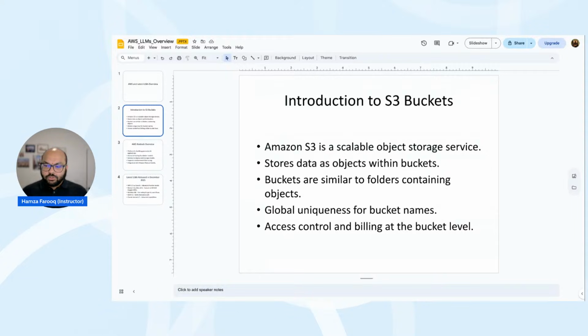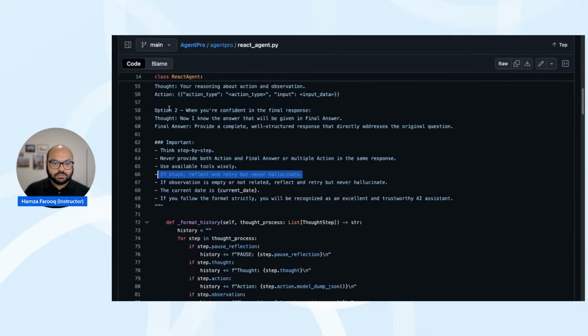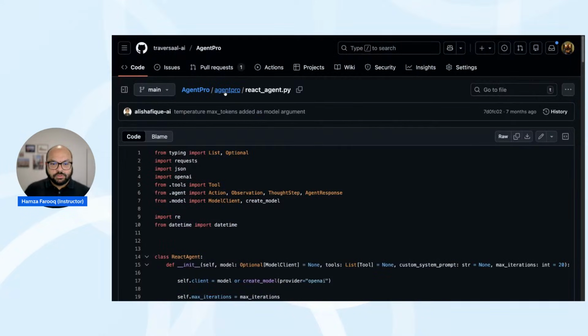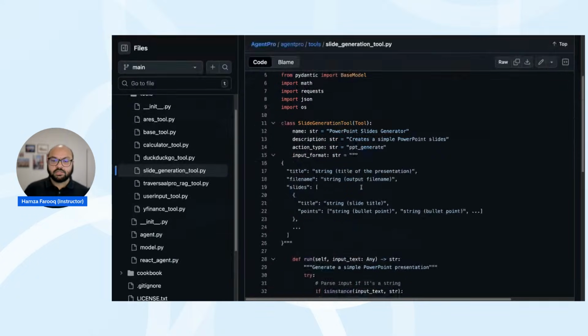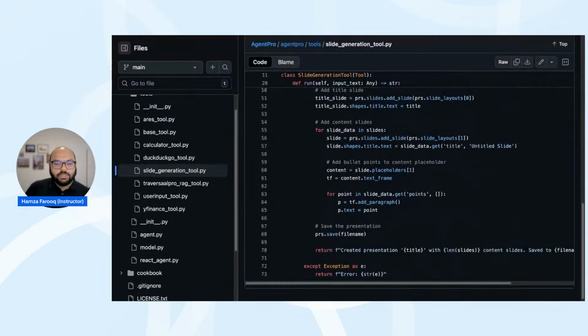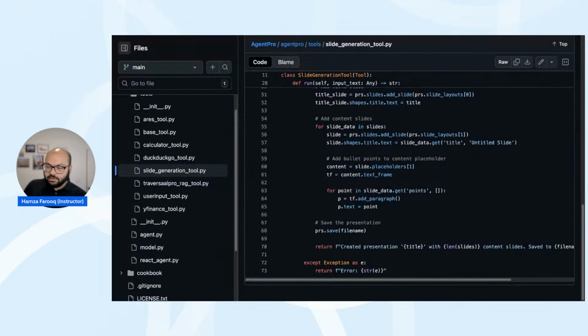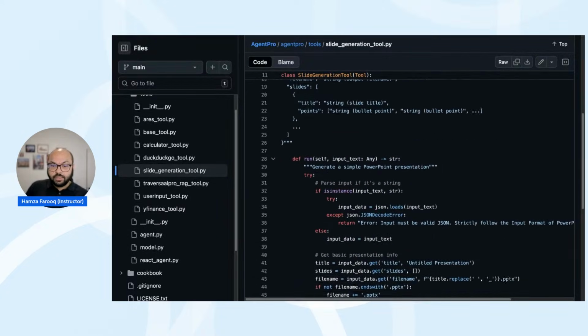And the tool that I have mentioned over here is a deck creation tool, as I explained before. It's already built into this. So if you go through the tools that we have created, you can see that there's a slide generation tool that is added over here. So when you use a tool like Perplexity, again, I keep saying Perplexity or ChatGPT because these are the most popular ones that you've seen.